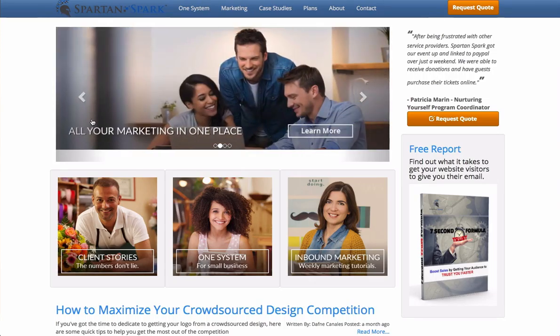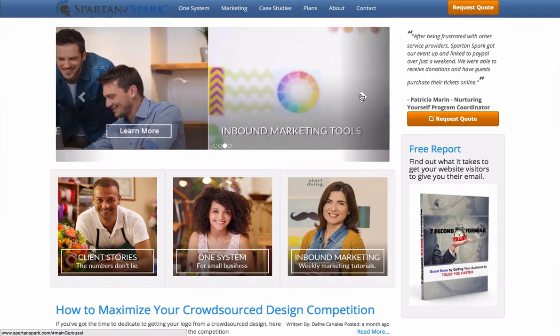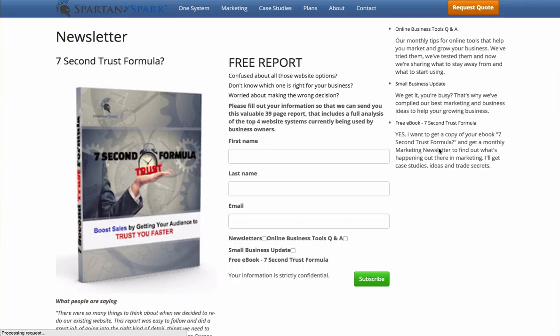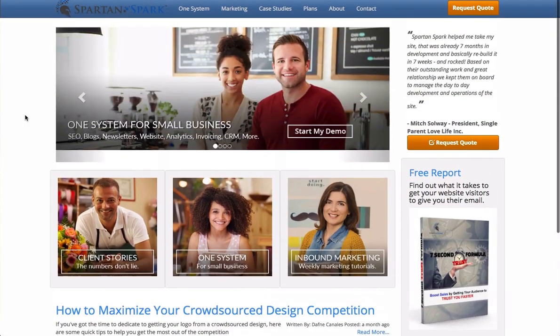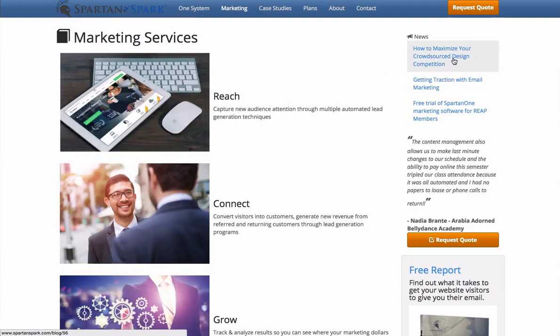So this is the front end of the system. It's a website that has some scrolling banners here. It's got a call to action, so a free report where somebody can give you their email in exchange for something valuable to them. And then we've got the blogs on the home page. We've also got testimonials on the side. Every time the page refreshes or every time you click on a different page, you get a new refresh of